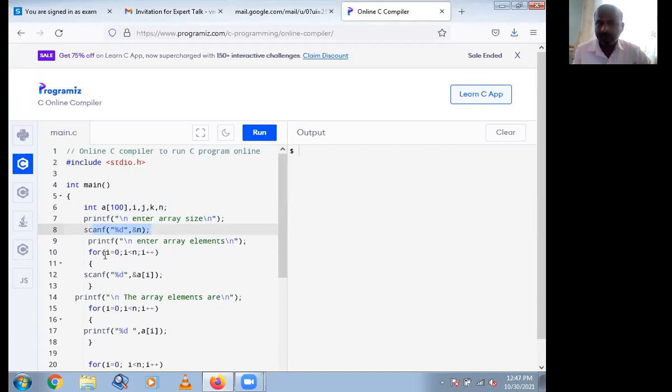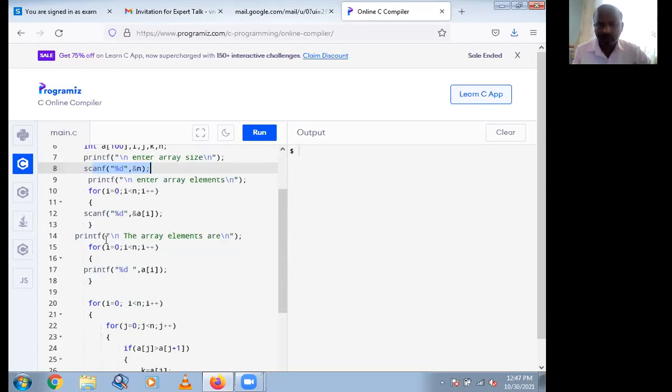So for i equal to 0, i less than n, i plus plus, then scanf percentage d a of i. I want to display those entered elements. So for i equal to 0, i less than n, i plus plus, then printf percentage d and a of i. This is maybe an unsorted array.